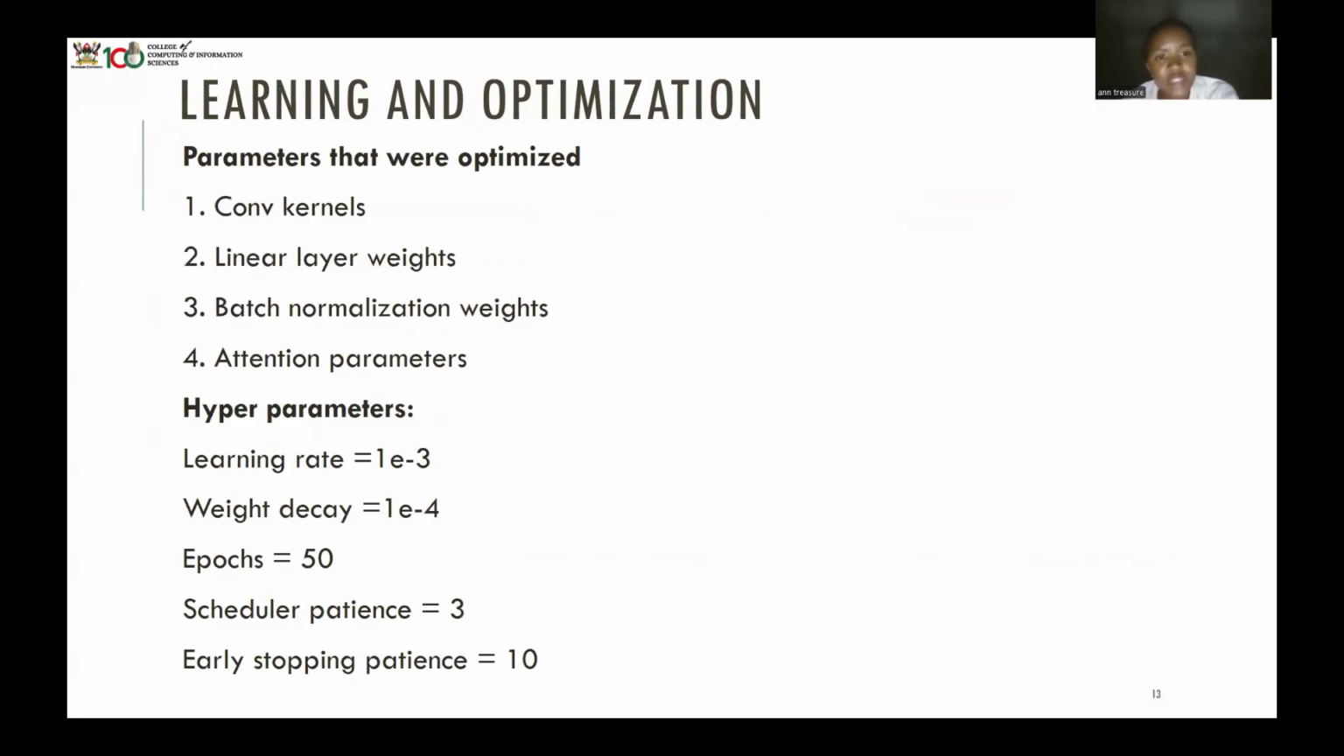So the features that were optimized, we had the convolutional kernels. Remember, the convolutional kernels with 3 times 3 times 3. That's our parameters. So we have the linear layer weights, batch normalization weights, attention parameters. And then we have the hyperparameters, which included the learning rate, the weight decay, the rate at which the weights